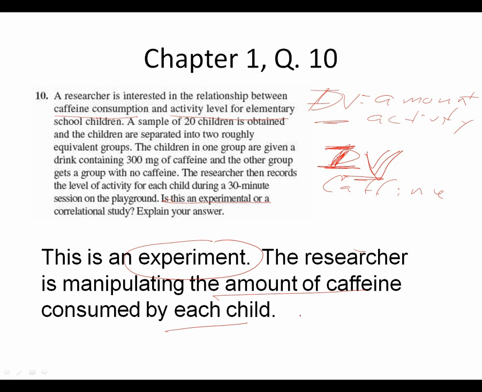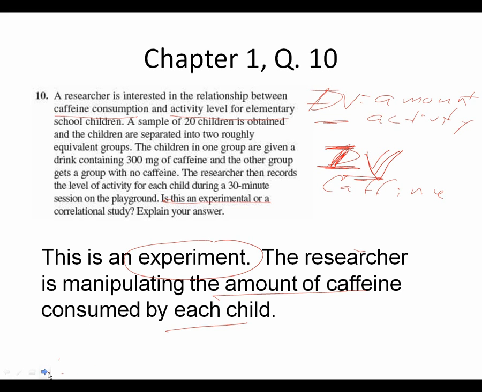by each kid. And what are some of the other things that I have to control for? I have to make sure that, for instance, the kid didn't eat 6 donuts loaded with sugar before taking part in my experiment, which would also obviously affect the amount of activity. So again, a manipulation and a control. Okay, now let's pop over to the next one